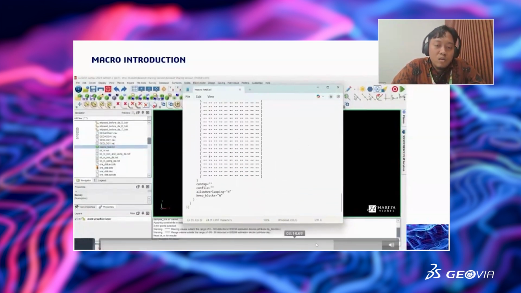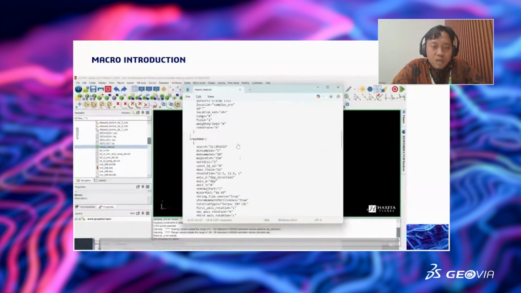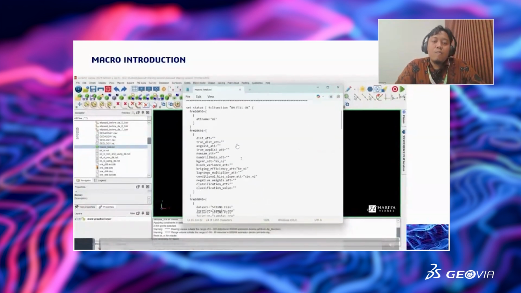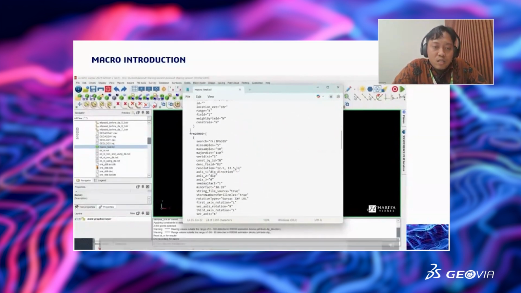So when you change this TCL or this macro, for example the minimum sample from 5 to 3, and the maximum sample from 10 to 7, just save this macro test.